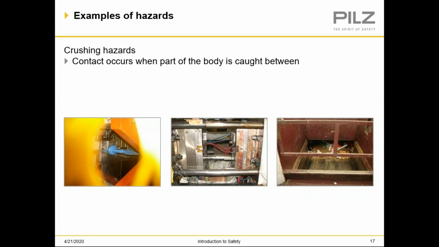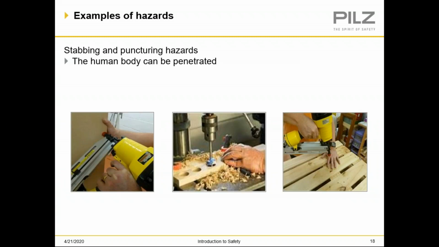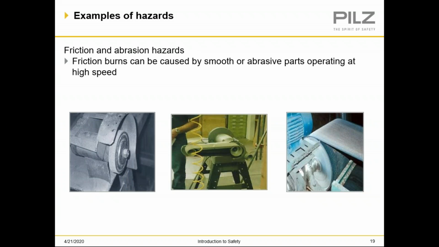Crushing hazards, all sorts of contact with a body part caught in between. So you've got compactors, you've got presses, you've got all sorts of equipment that do various operations that can crush a body part or even a human. Stabbing and puncture wounds. Most of this shows handheld equipment, which definitely has opportunity to cause that. But there are also vertical mills, drill presses, and so forth that can cause these types of hazards. Friction and abrasion: anytime they're removing some sort of material with a disc or a belt, you don't want to get your skin up against that.